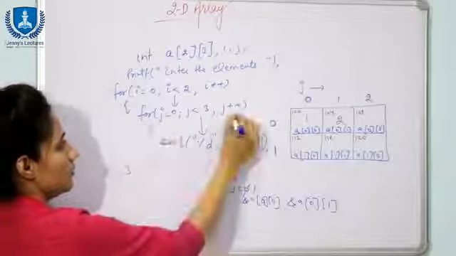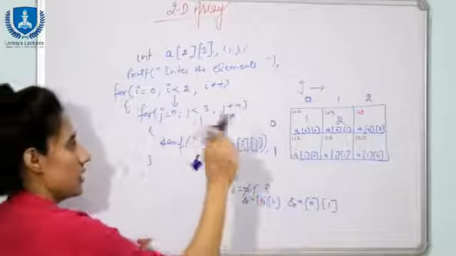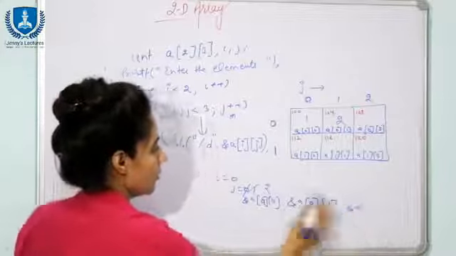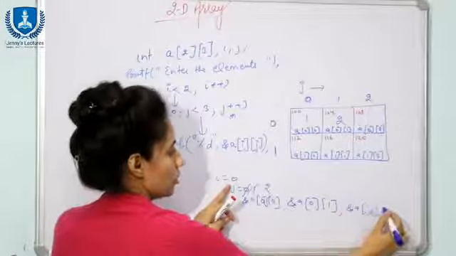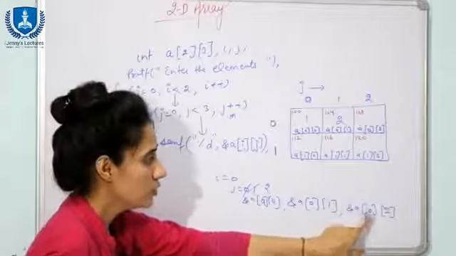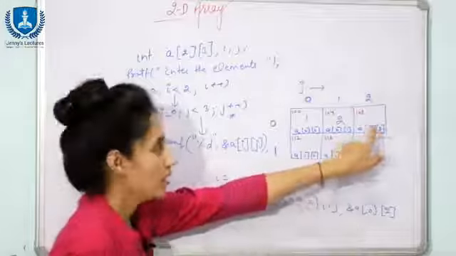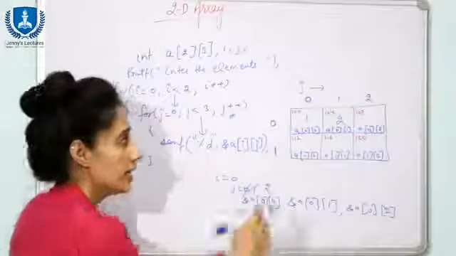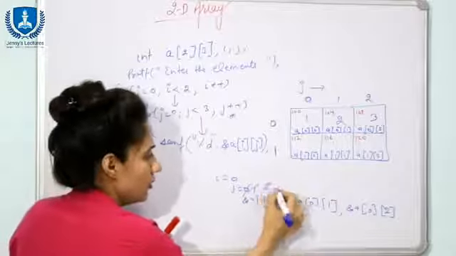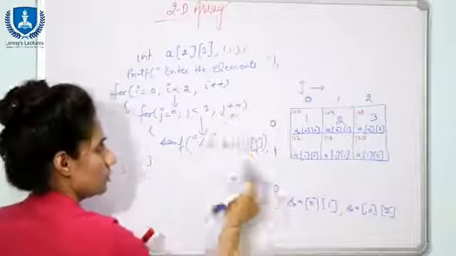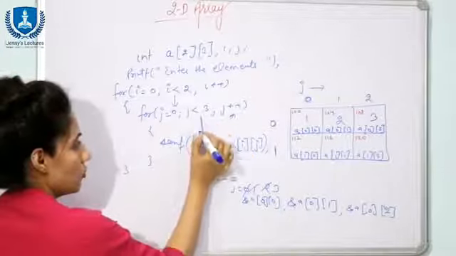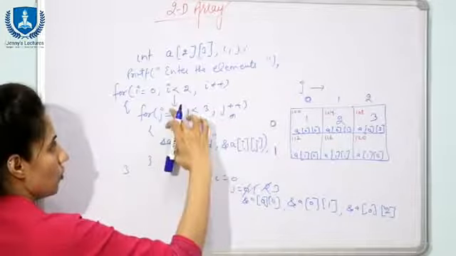Now again j plus plus, j becomes 2, 2 is less than 3, yes, control will go within this for loop. Now again the i value is still 0 but the j value is now 2. The next element would be stored at address of a of 0 and 2. The address is 108, at 108 the next value is to be stored. Suppose I have entered 3, 3 would be stored here. Now next j plus plus, j becomes 3, 3 less than 3, no, the condition is not true. So we are not going to enter this for loop. Now control will go out from this for loop.